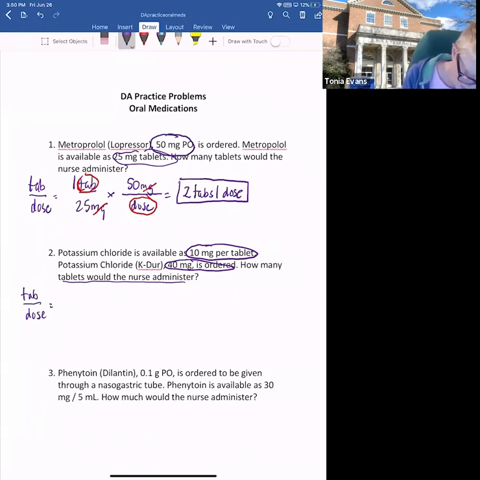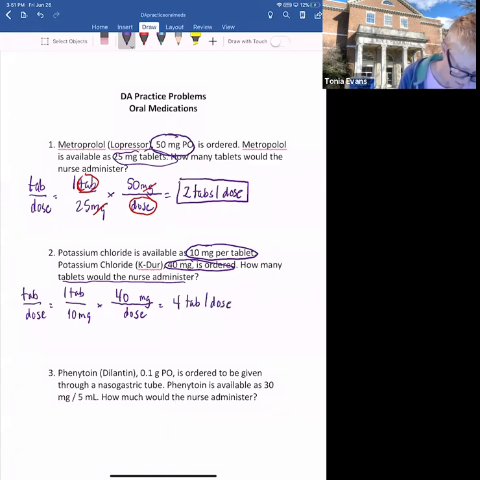What do we know about tablets? We know one tablet is 10 milligrams. So we've got tabs, we've got milligrams in the denominator. I need milligrams up here. And what do I know? I know I've got an order for 40 milligrams per dose. And so we're going to multiply and then divide, which would be 40 divided by 10, which is 4 tabs per dose. All right, these won't all be so simple, but